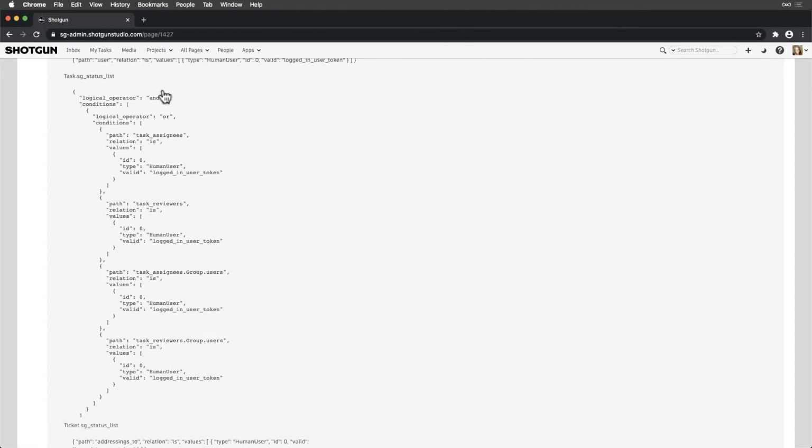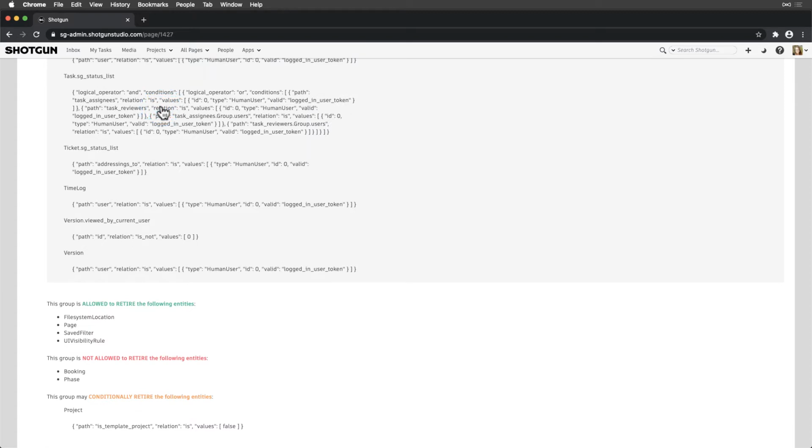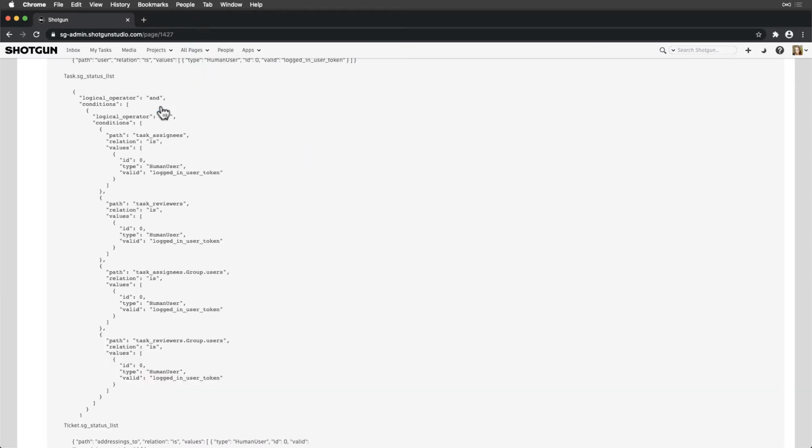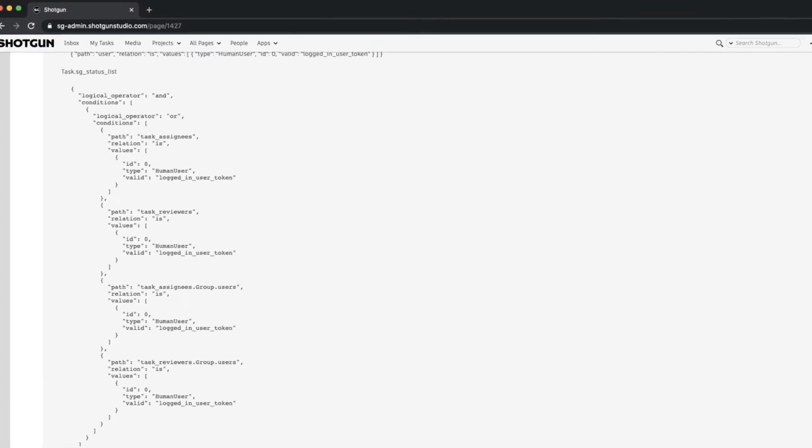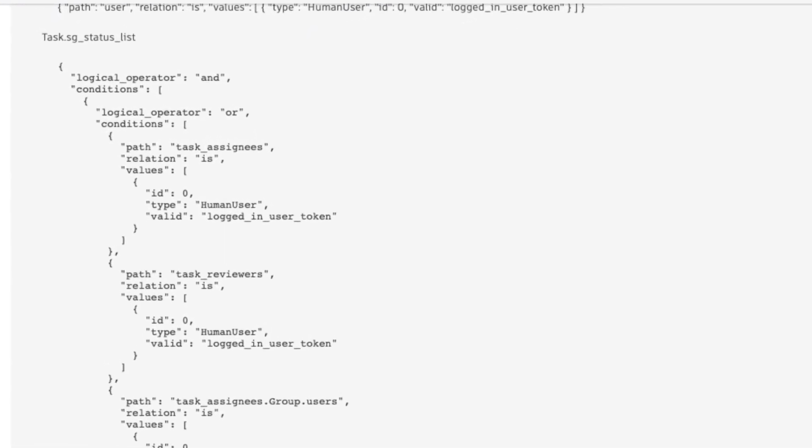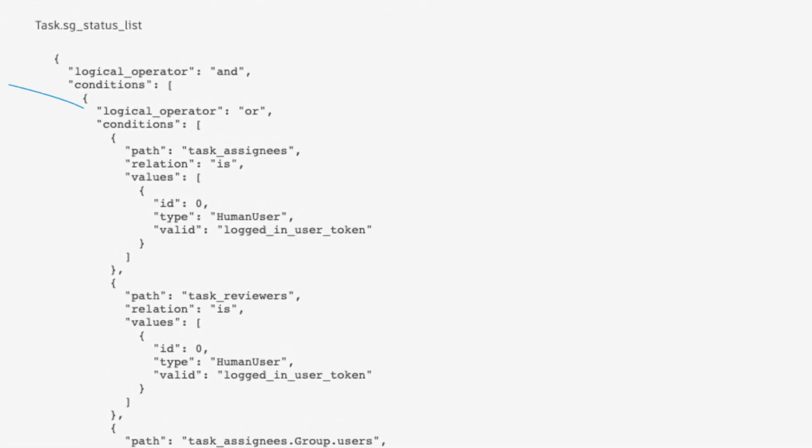First, let's click to expand if we haven't yet, which will make this easier to read. Before we dive in, let's cover some terminology that will help us read these a little easier, since admittedly, they can be tricky at first. The logical operator can be set to OR, where any one condition can be met, or it can be set to AND, meaning all conditions must be met to update the field. The path will reflect the field code.